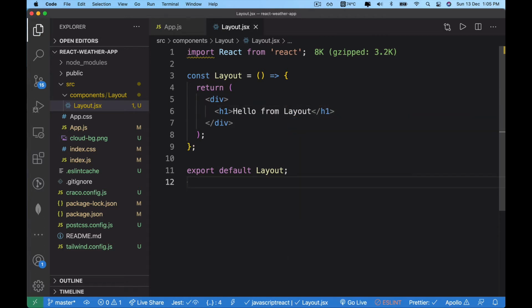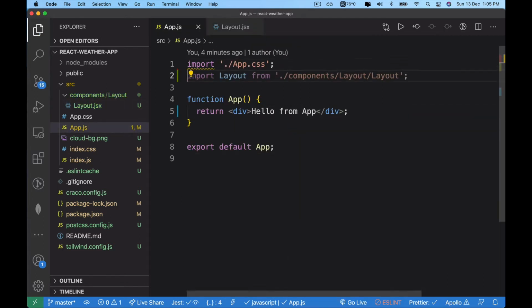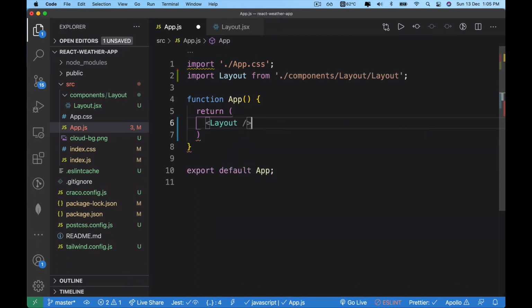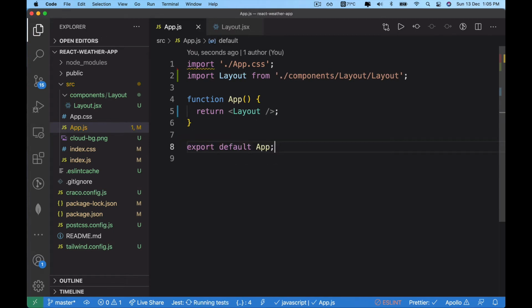So if I go ahead and save this, and make sure you are importing the layout from the layout.jsx file. So here, instead of returning this division, let's just return the layout component which we defined earlier. So just save it, and if you take the preview, as you can see, we are getting hello from the layout. So that means our layout component is hooked correctly.